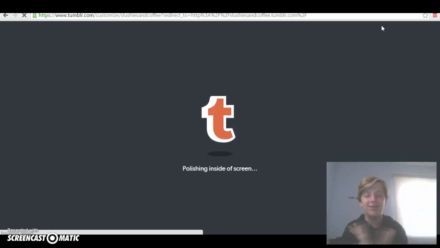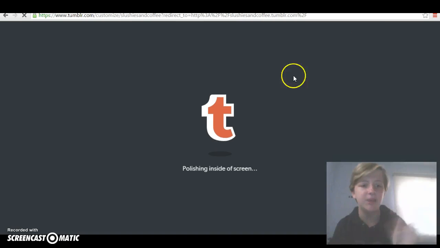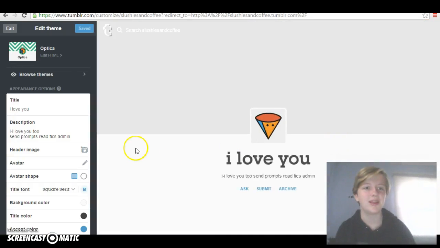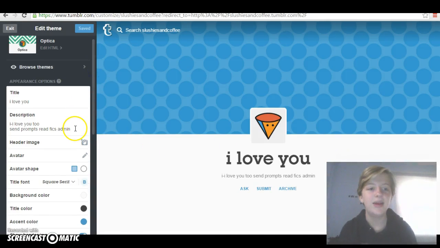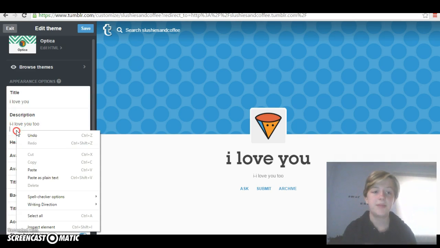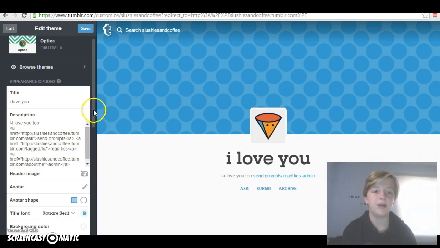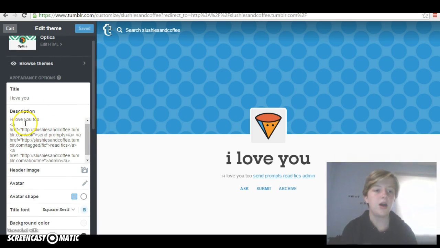I swear, this is so simple that I could do it, and I'm not the best at like the internet or anything, or how to make things look nice, but this coding is super duper simple. So you're going to want to type out a description, and then I'm just going to copy paste what I have here and then show you how it works. So here I have a code, which I will leave in the description. I'll also leave in the description how to put a link in HTML, if I don't make any sense, don't worry. But basically it's this,